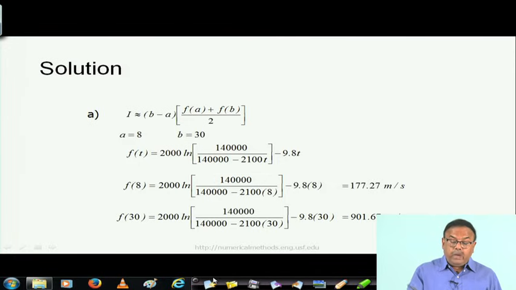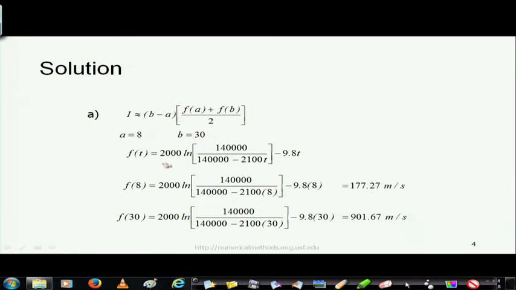So, we know for 8 and for 30, if I compute this function, this was my function. So, for f(8), my function is yielding this value, and for f(30), the function is yielding this value. You can use your calculator and find it out; you need not do that right now. You can compute the values at these 2 points, because this is the overall function. And next, so this is the f(8) and f(30).